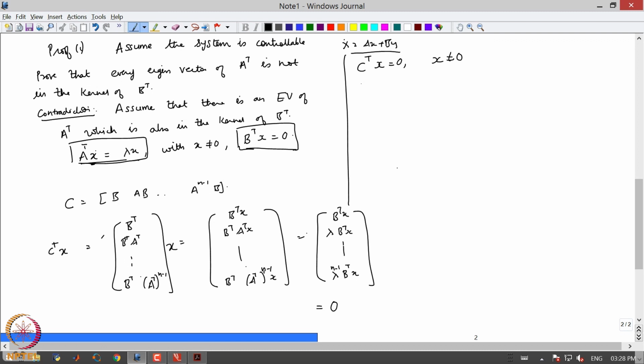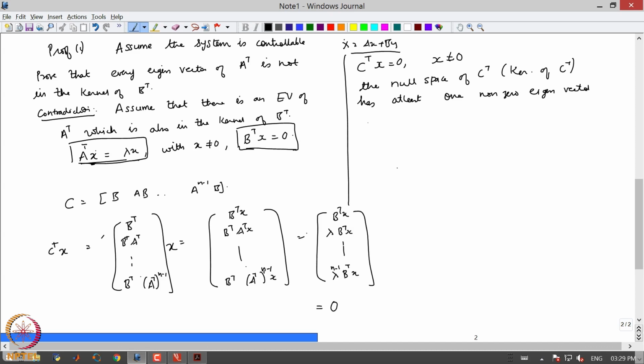Which means that the null space of C transpose, also the kernel of C transpose, has at least one non-zero eigenvector,